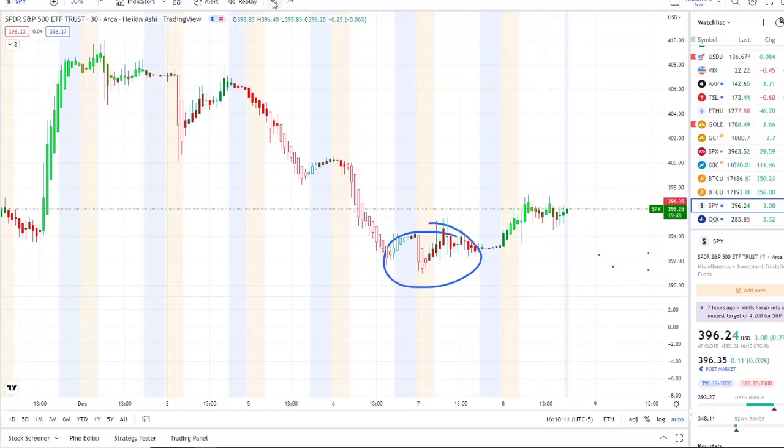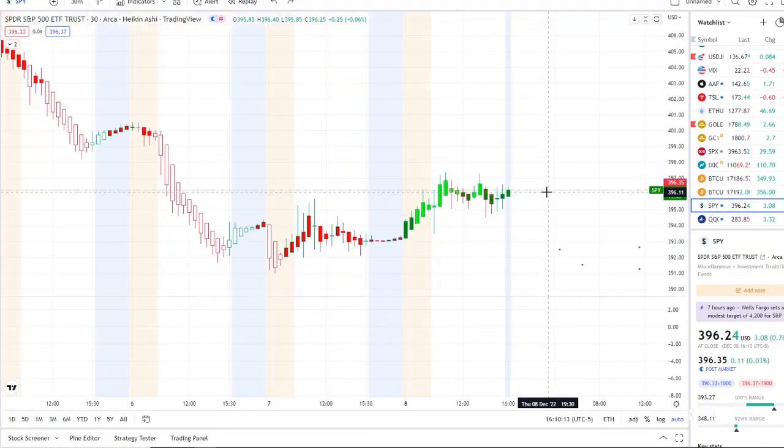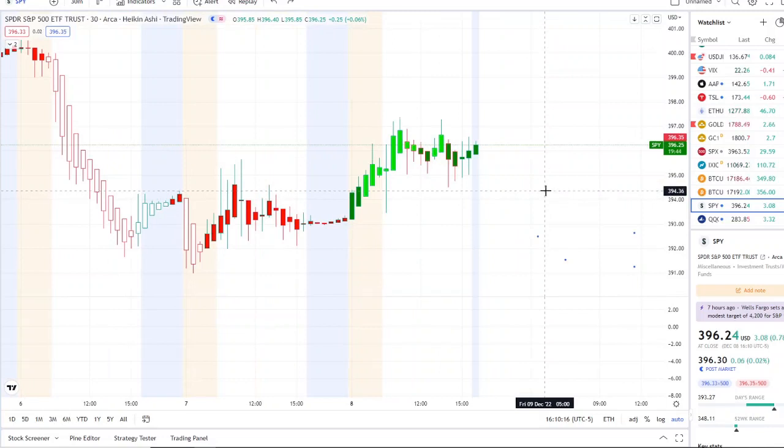And in conjunction with that, we also use our bull and bear indicators and inflow versus outflow as an extra layer of confirmation,